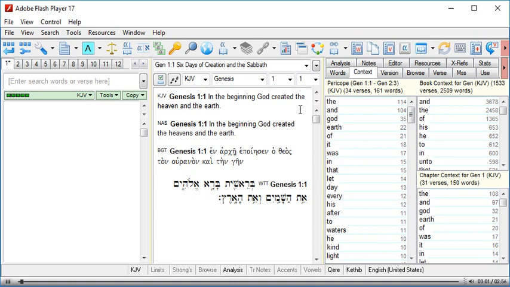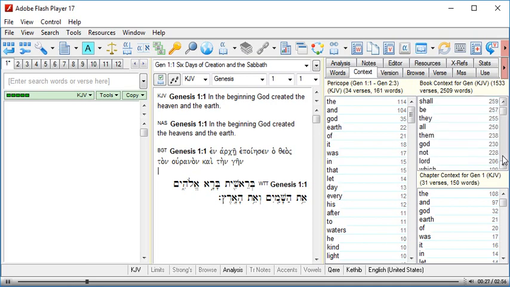Using the search version, the Context tab provides a list of words according to how frequently they occur in the pericope displayed in the Bible outline, in the current book or current chapter that is displayed in the Browse window. Let's take a look at the book context list box. All of the words in the book that you are studying are listed there, with the most frequently occurring words